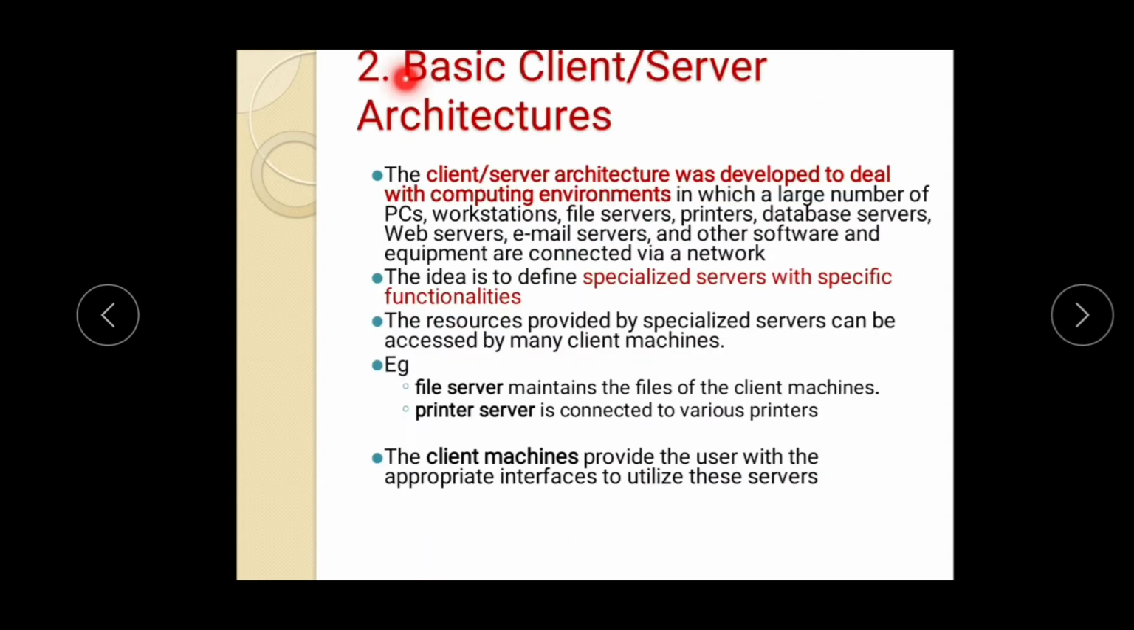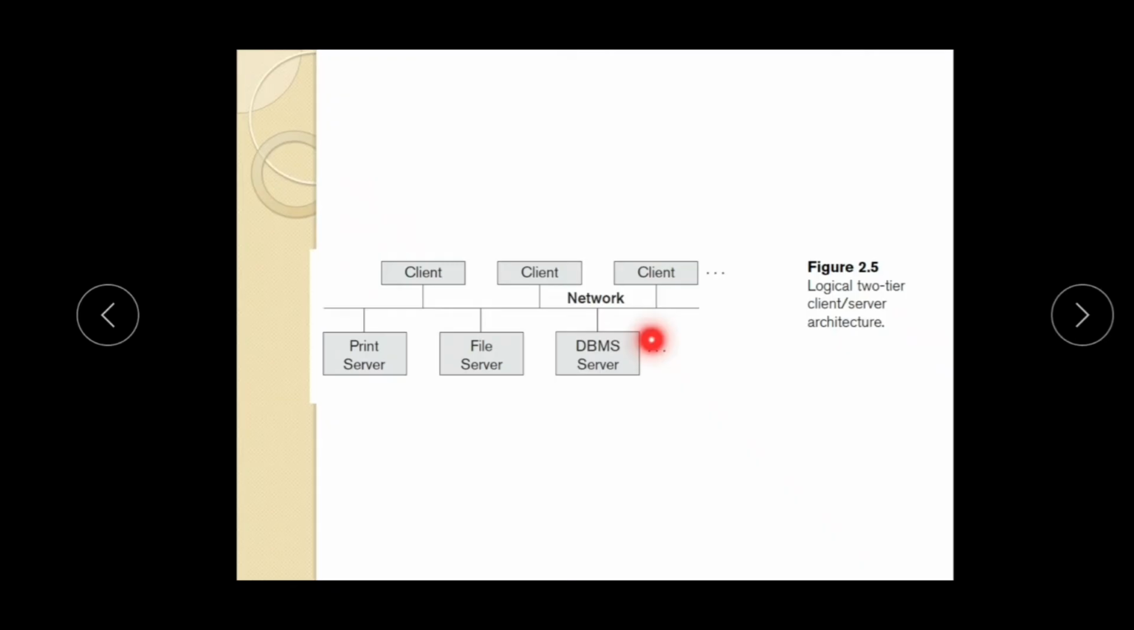Let us see what the basic client server architecture is. Here the concept is to define specialized servers with specific functionalities. This is the main concept which is implemented here. Let us see a figure. This is the two-tier basic client server architecture. Here the clients are the users or the systems. They are individual systems. These individual systems can access various servers. We have various specialized servers for special